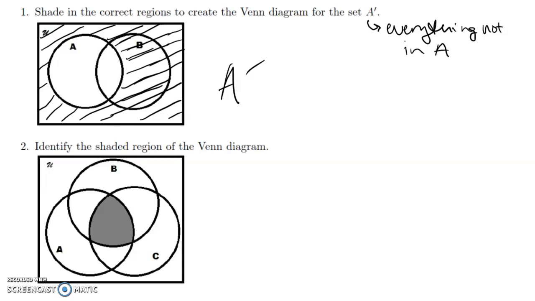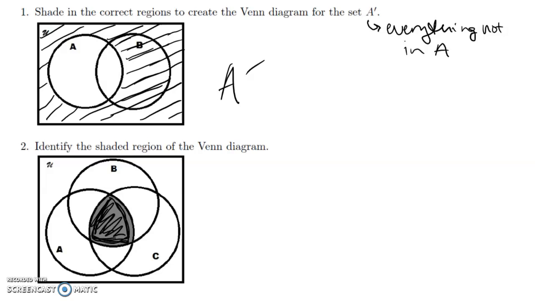The second question instead gives us a Venn diagram, and it asks us to identify a region. So one thing we might see on here is we've got 3 circles this time. There's a set A, a set B, and a set C. And notice the region that's shaded right here is this central region that's common to all of them. Notice it's inside of the circle for A, inside of the circle for B, and inside of the circle for